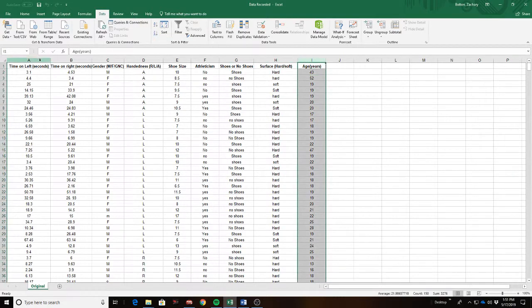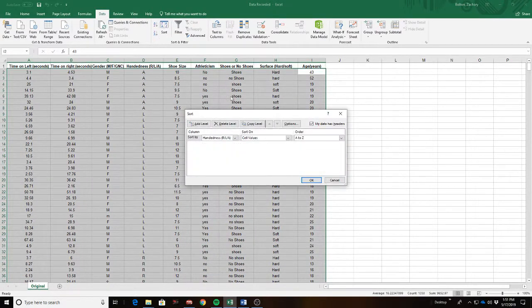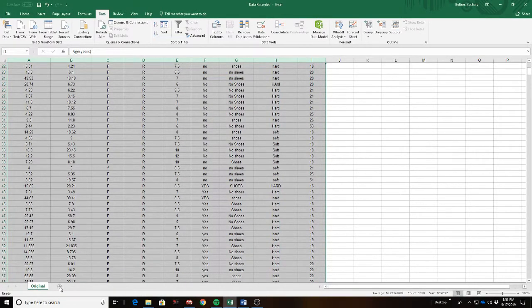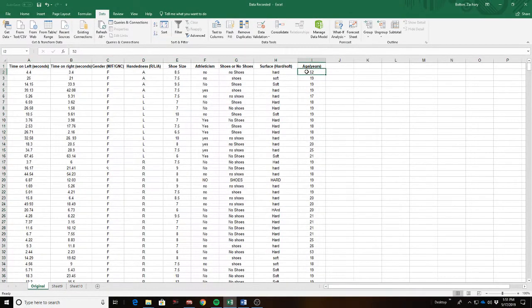would be taking all of our data and sorting it by gender. The reason that we're going to sort it by gender is because we're actually going to take this data and move it into two new sheets. So, we're going to take